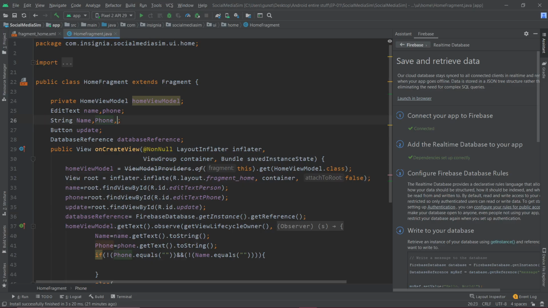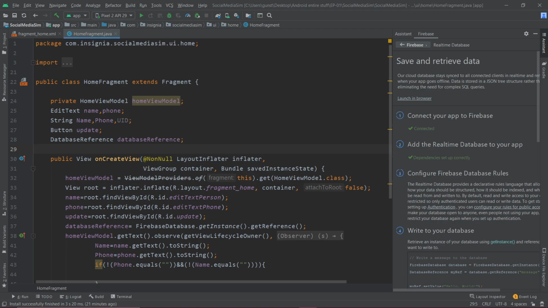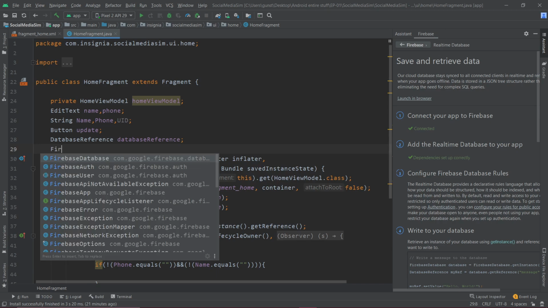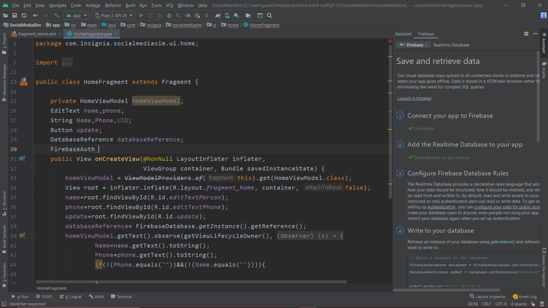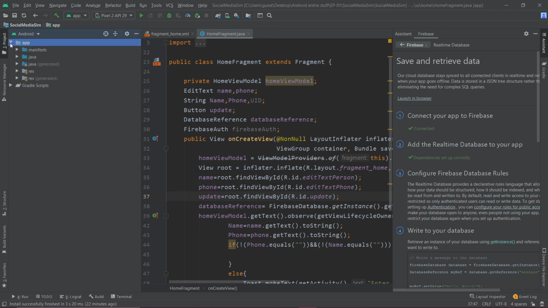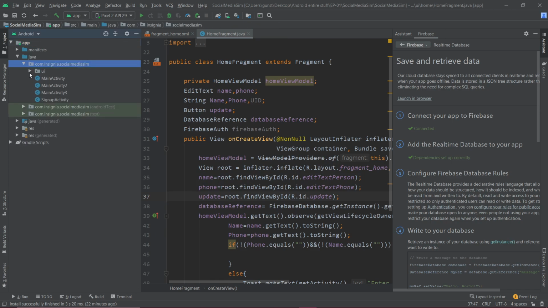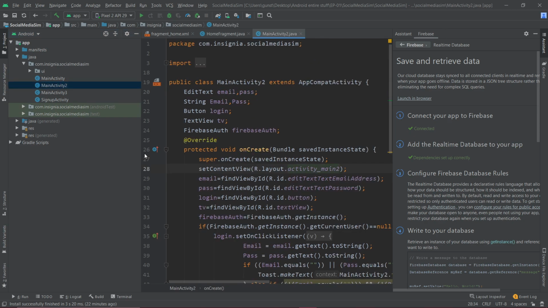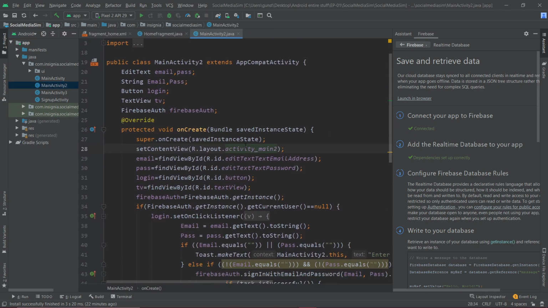In order to hold that UID, I'm going to create a string called UID. Now I'm going to use something called Firebase auth. You do know that in the previous video itself, we talked about Firebase authentication in detail, I suppose. I'll just get to our content. I'll once again show you a quick recap of which part of code I'm using. In activity 2, I suppose, here we use something like FirebaseAuth.getInstance, right? We are gonna use the same thing.